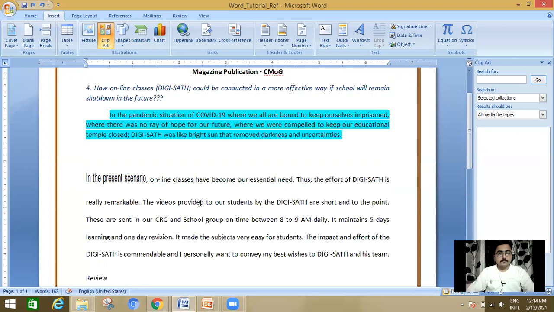Now, sometimes you want to insert a new page rather than a page break. So what is the difference?